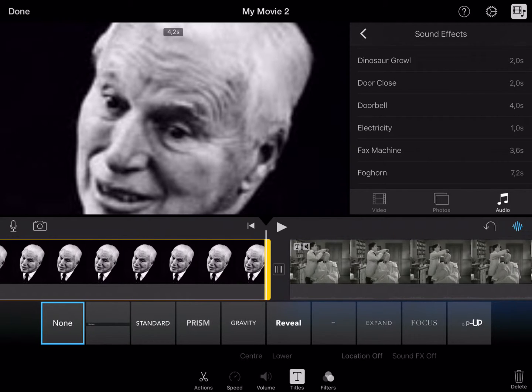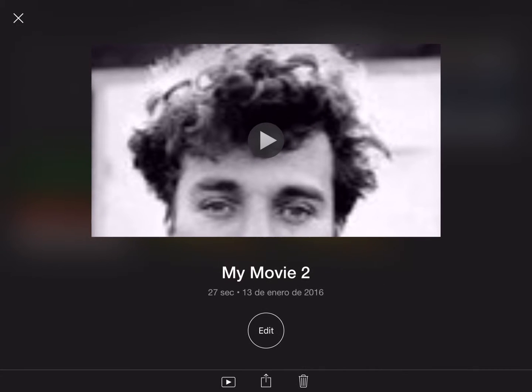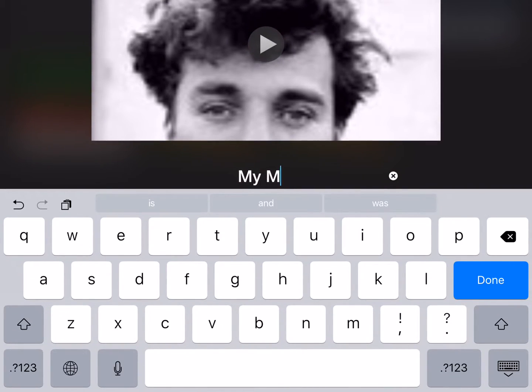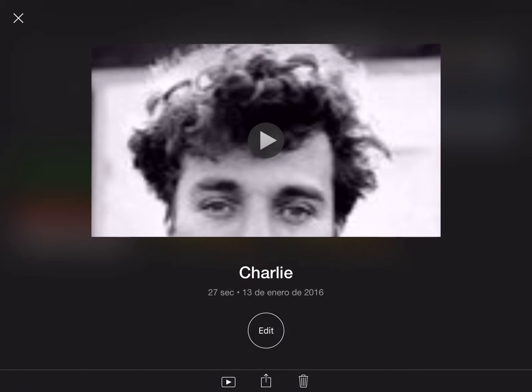One final tip is when you've finished the movie, obviously give it a sensible name, probably with your name on it. But I'm going to just put Charlie for now. Now, if before I've saved this movie into my camera roll, I delete any of the pictures that are in the camera roll, it will also delete it from the iMovie. I've made so many mistakes with that, so you really have to be careful with that. So make sure that you save this,